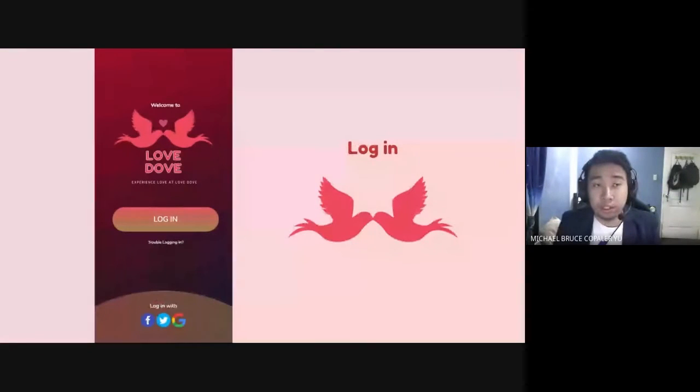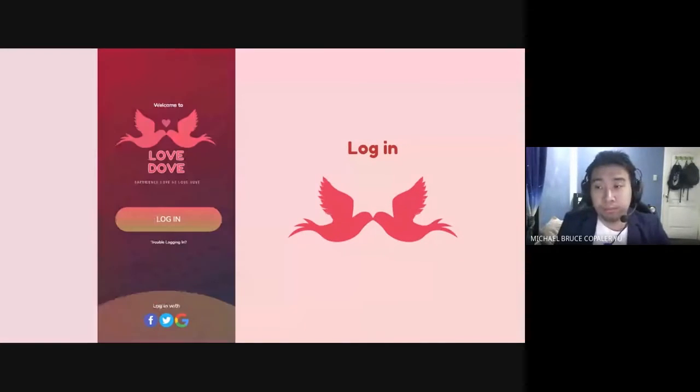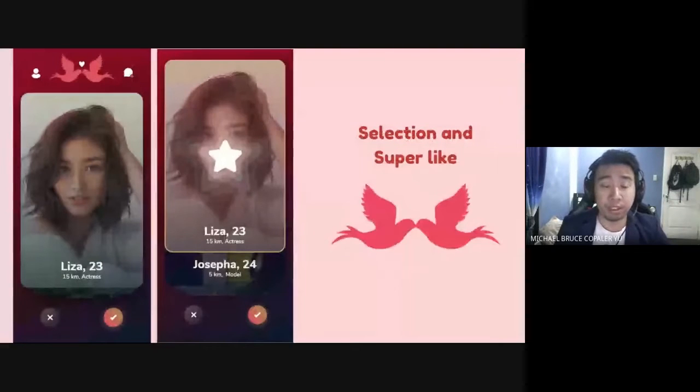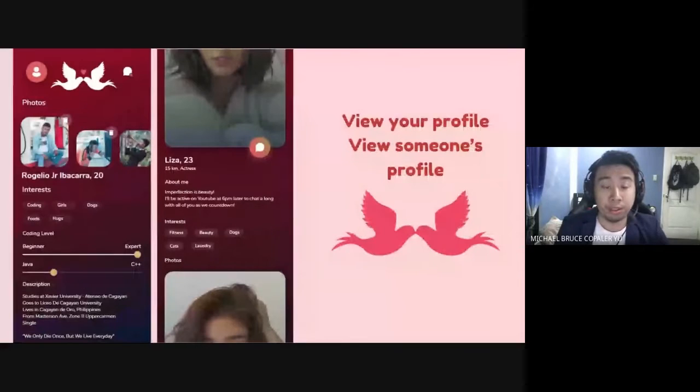This is the UI of LoveDove. This is the swipe left and swipe right screen, and same as Tinder, the super like. And here is an example of a profile we made for a person.